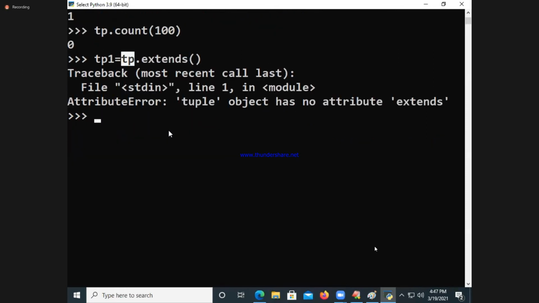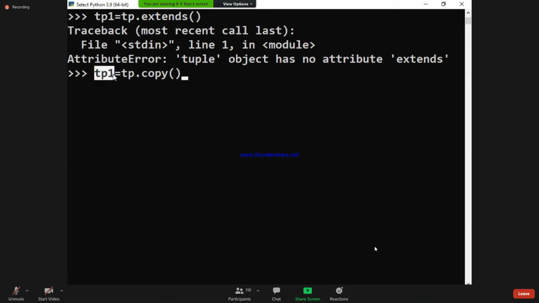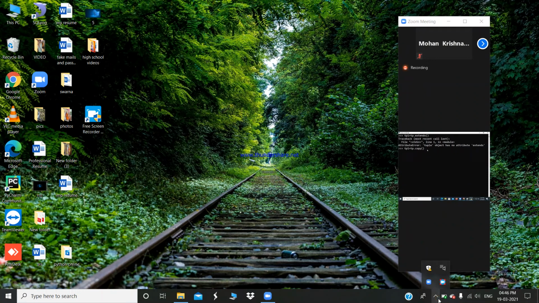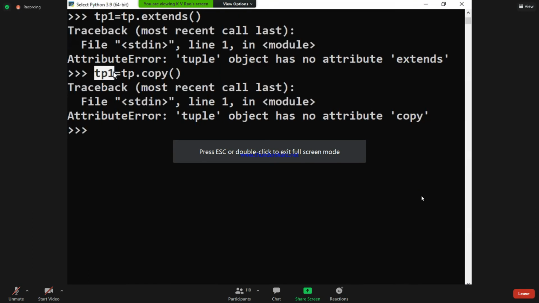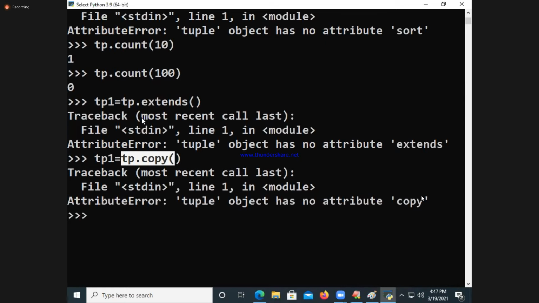Are you okay? Next, is the copy function there or not there? TP1 is equal to TP dot copy. There or not there? TP dot copy, copying the content of TP into where? TP1. There or not there? Also not there, because TP1 may be containing some elements already, which is not going to be there. What are the two functions available out of all these? Index and count, which are not reflecting on the same address. I hope that it is clear for you.